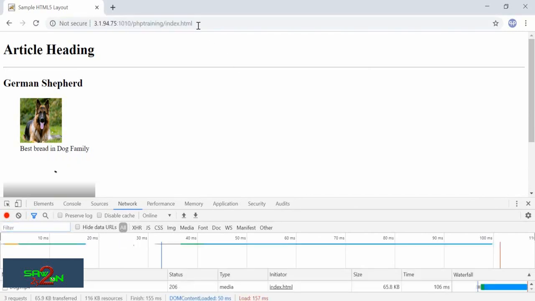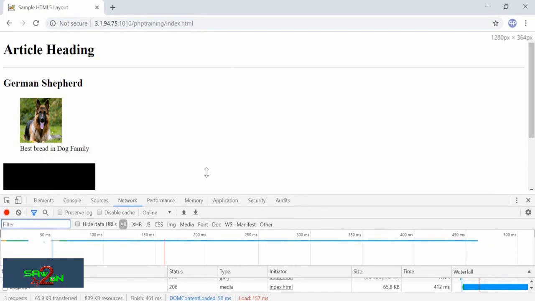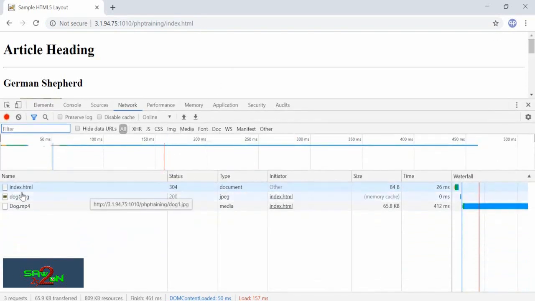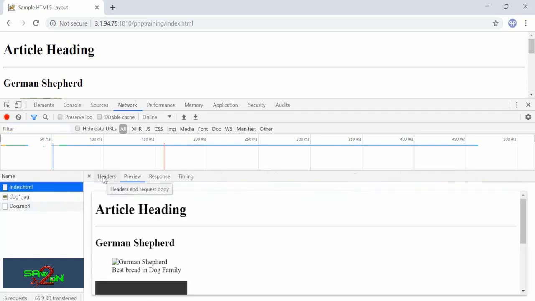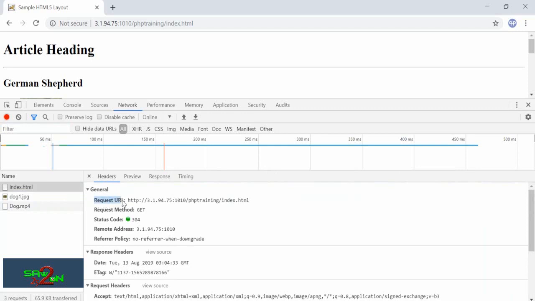When you refresh the page and open up your network tab, you should be able to see the files here. This browser has sent a request to the server, and the server has responded with these resources. This is request and response in real time. If you click any of these and go to headers, you will see there is a request URL.